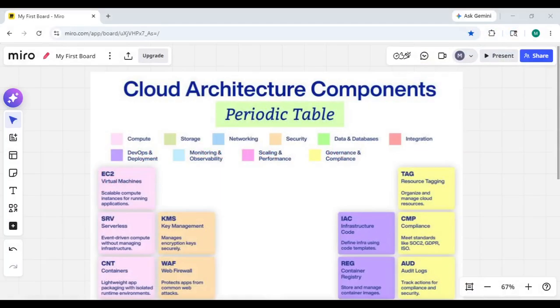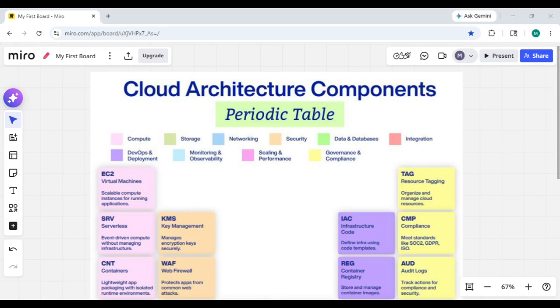Basically, I have created this periodic table, and if you go through the periodic table in detail, you will never miss a chance to answer a question in an interview related to this cloud area.